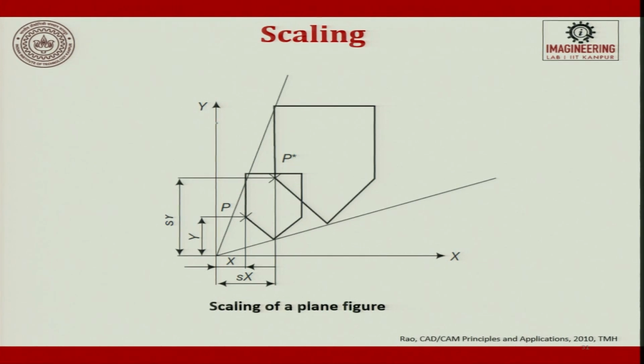So, if you look at it, this is what I was talking to you about with respect to this point. You have taken point P, now point P is scaled in x direction and y direction maybe once or twice. So, you see here the point P is now offset and you get a larger image.